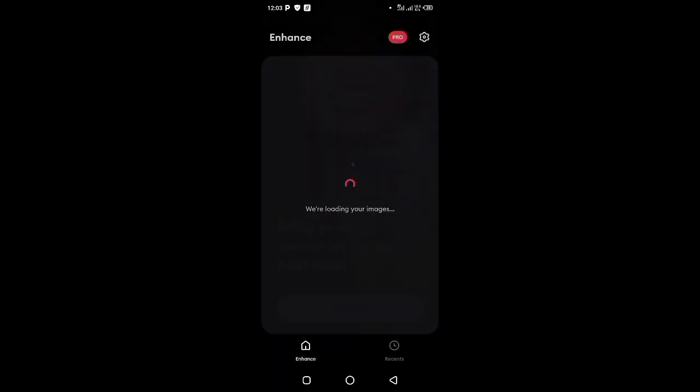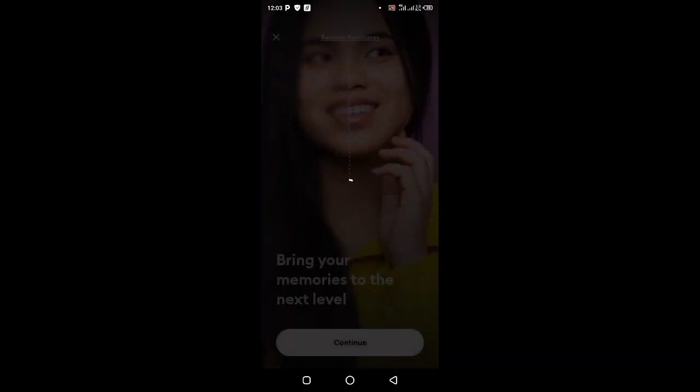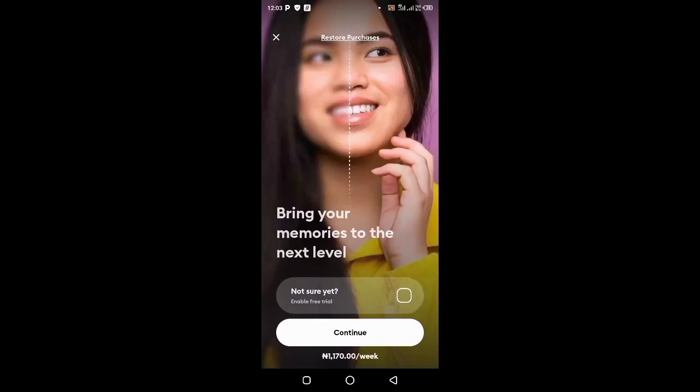So the app name is Remini. Let's wait for it to load. Okay, here it is. It's used to enhance image quality. You can pay 1,170 per week. I'll come to cancel here. So when I cancel it,